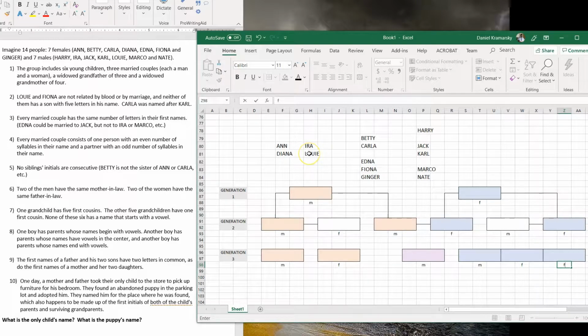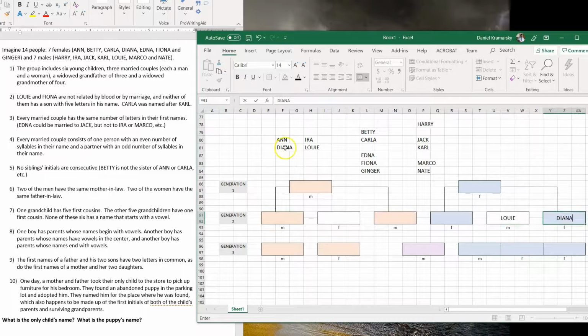We know that one of the sons could be Ira and one of the sons could be Louis. But looking at this list here, it's hard to find anybody with two letters in common with Louis. So that means that Louis kind of has to be here. He's a second generation. He can't be this person or this person, so that makes him this person. Right to Diana. So now that Louis and Diana are placed,